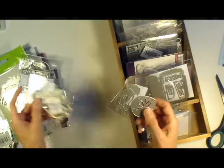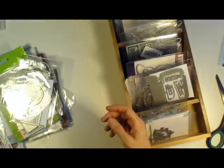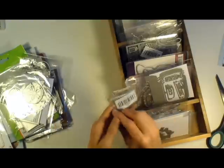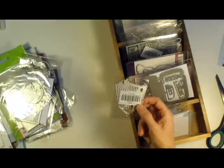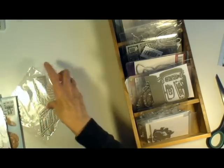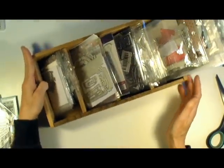We won't do the ant for her. Let's see. Well, I could do the baby cradle. I don't really have any other baby, so that'll give me stuff to choose from for her. So this is going to be